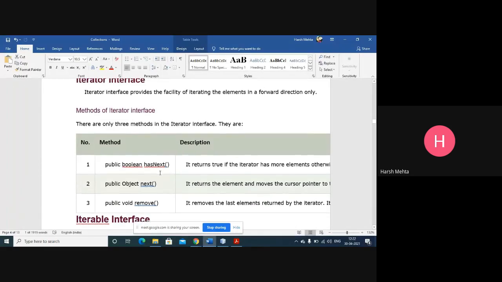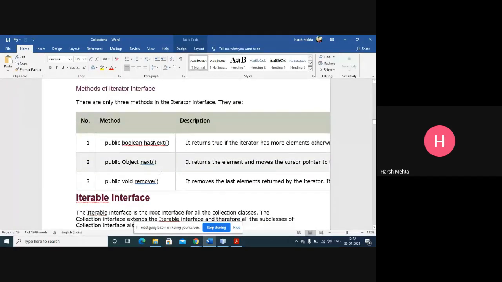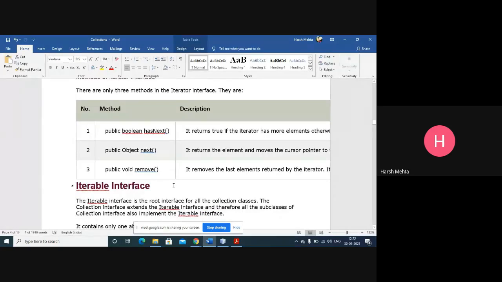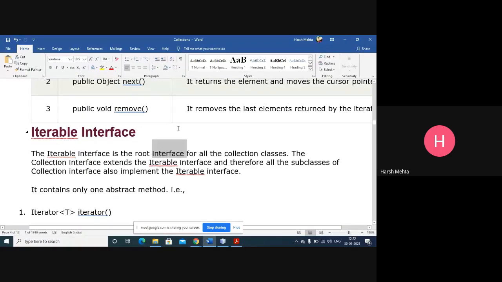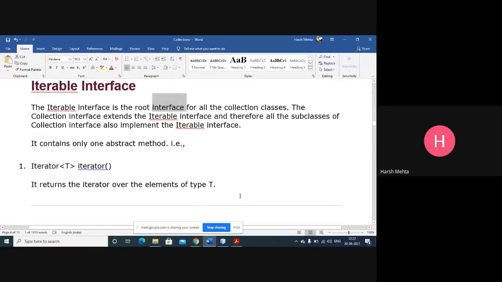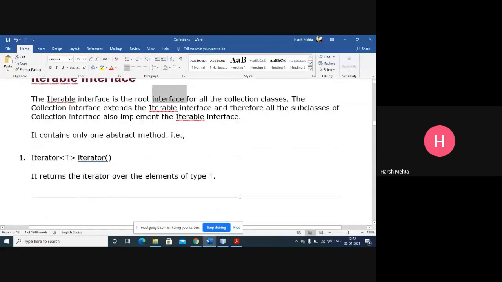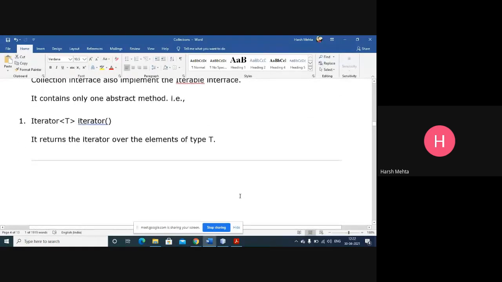There are three methods of the iterator interface: hasNext, next, and remove. The iterable interface is the root interface of all the collection classes. The collection interface extends the iterable interface, and therefore all the subclasses of the collection interface also implement the iterable interface. It contains only one abstract method, that is iterator.